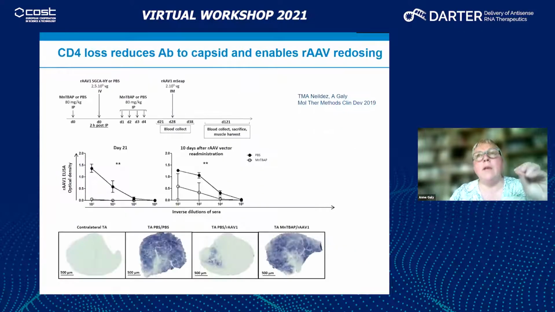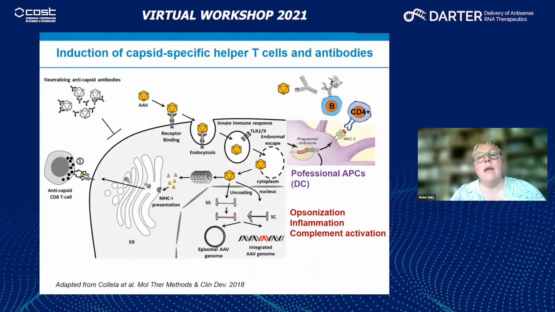And we found that, in fact, by reducing temporarily CD4 on the T cells, we could, in fact, overcome this period of priming and activation of the CD4 cell in the mice, and then administer the AAV vector and avoid the induction of antibody and enable the redosing. So this is unfortunately not a drug available, but this is a concept that's very important. And I think that when people are trying to schematize what's going on in the immune responses against AAV, they completely forgot this help and the induction of CD4 cells. And I think that this is probably the most critical and important arm on which we should really focus our